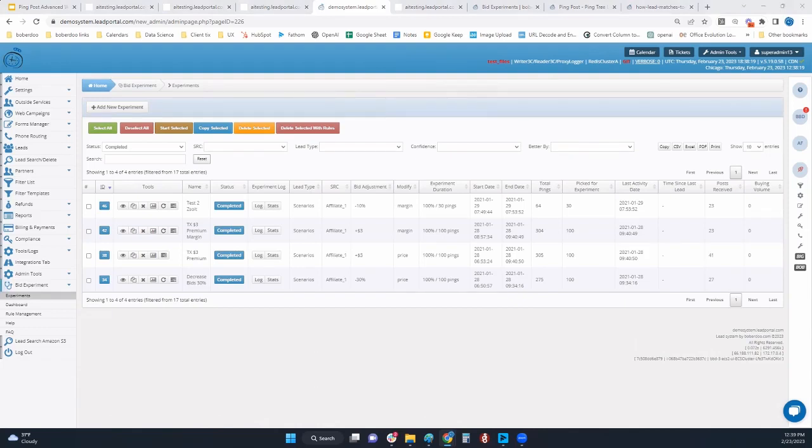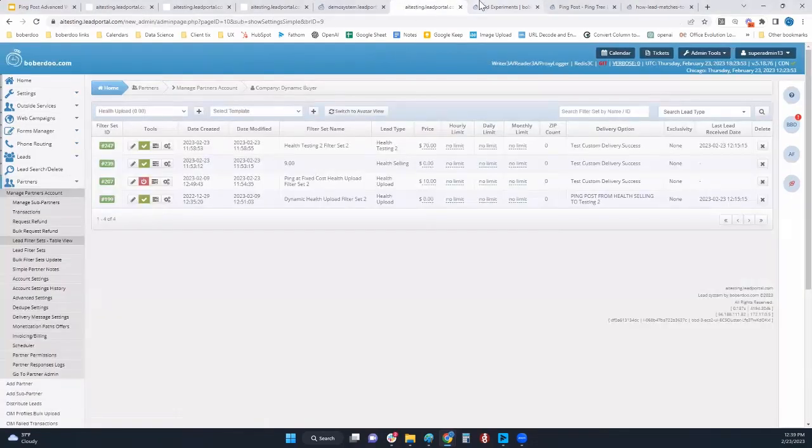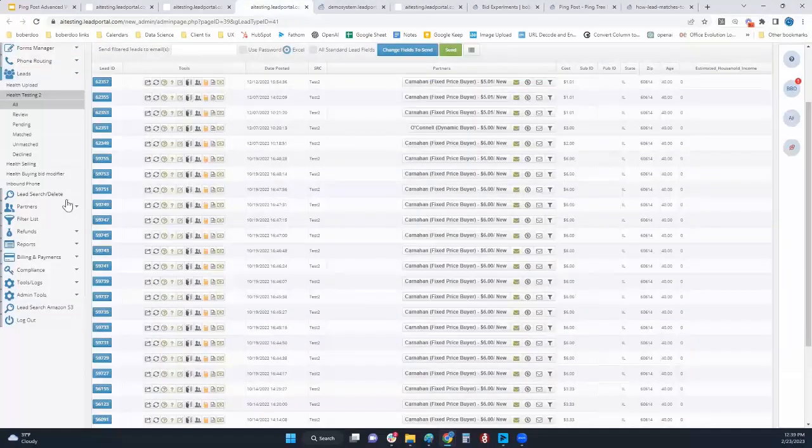Essentially it is predicting the incoming pings matching to a given filter set using a time series model. Based on those predicted incoming pings and the daily limits, the system will look to bid down that lead